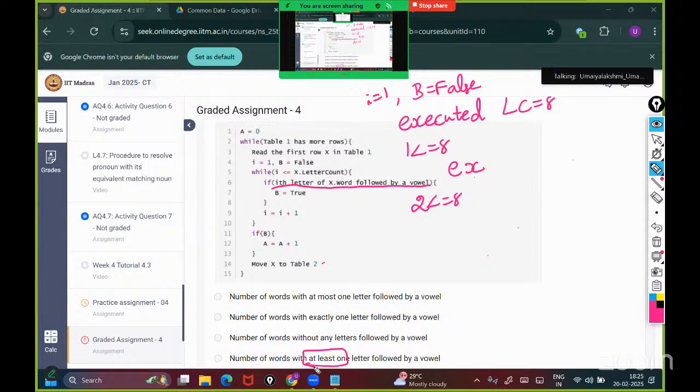Okay. And next I is incremented to 1. So every time you can see once the word is done, we are reinitializing B to false. Again, it starts to check for the next word. Okay. So before checking every word, I becomes 1 and B becomes false. Minimum 1. Next I is